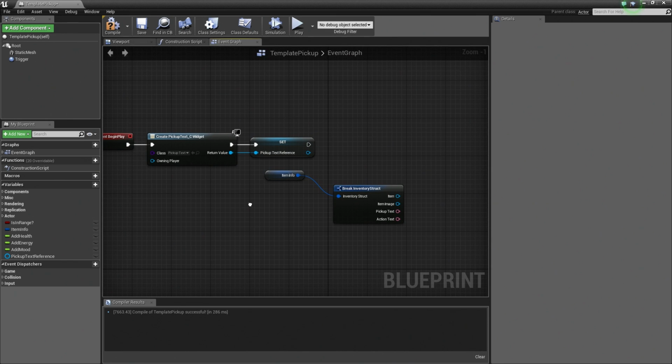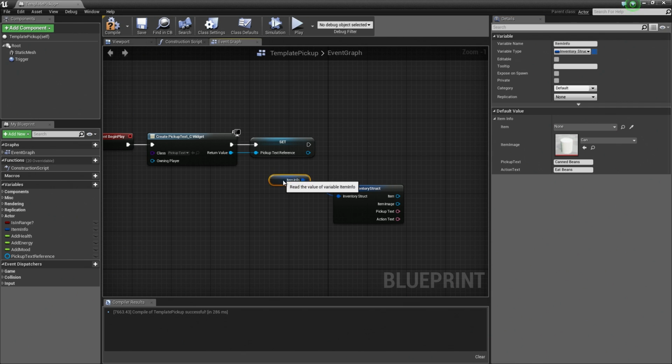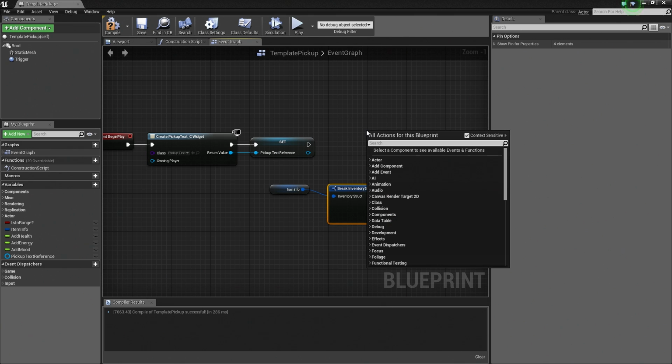How do I want to do this? Before we actually pass this, there's one more thing that we should do. As I mentioned before, if I expand this, we need to specify the instance of this particular pickup. So we need to know which instance we are talking about in the level, because we could have multiple pickups of the same type in our level, and we need to know which one the pickup text should appear over. So to do that, we can right click in the graph and